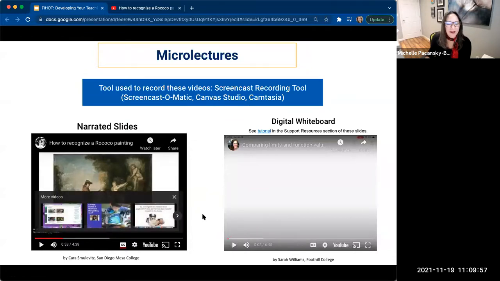So I'll pause there. I like how Kara demonstrates showing her face for the beginning portion, and then she goes away and her content takes the place of her talking head. So that is something that you can do with screencasting tools. So keep that in mind as something you may want to weave into your practice if you're just getting started. That might be something that you want to strive towards.